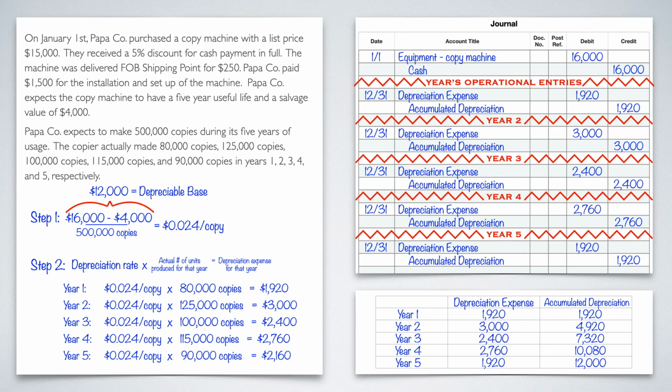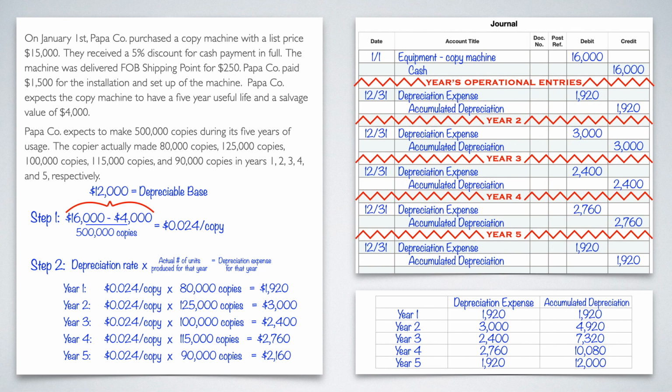So in the later years, be mindful, and that's another reason why I like that table, because it gives me the visual to say, hey, I've gone past that depreciable base and I can't do that, so I need to pull it back a little bit, to the point where I can hit that depreciable base. So again, it's just an easy thing to keep up with. That way you don't make the mistake of depreciating too much.